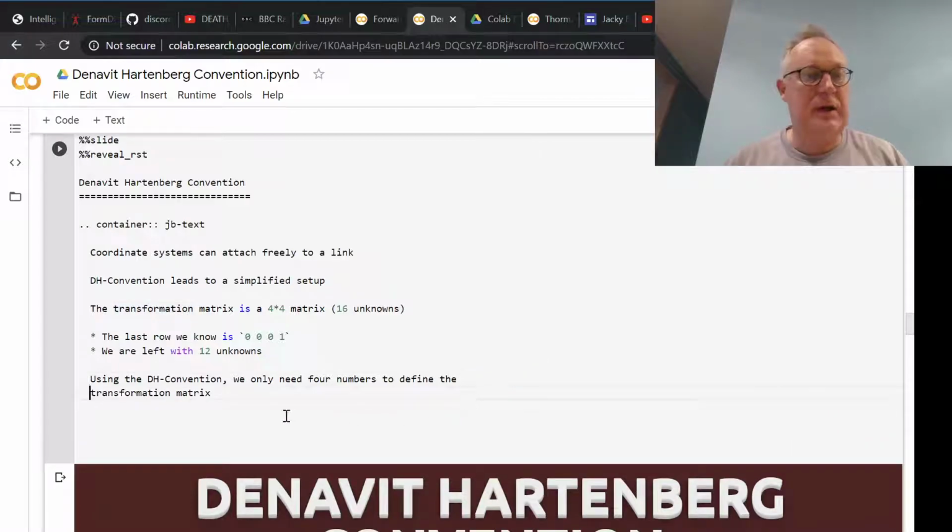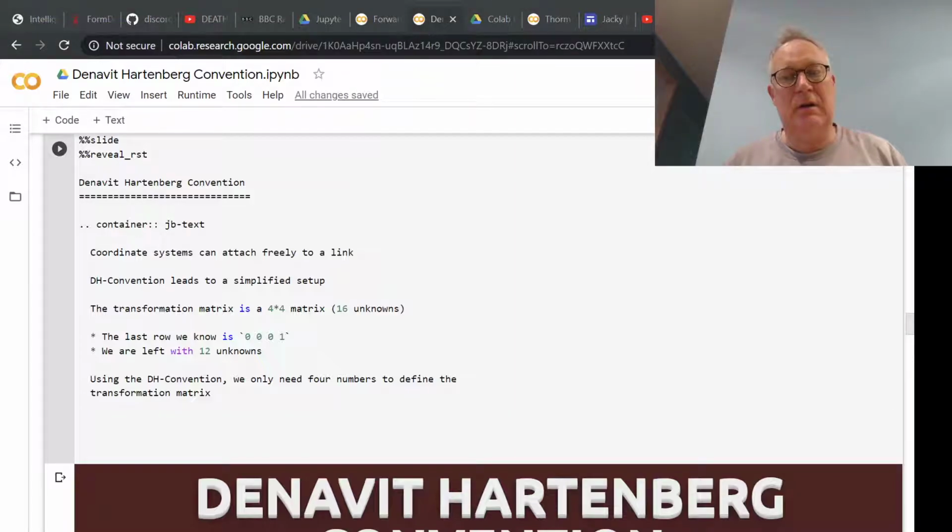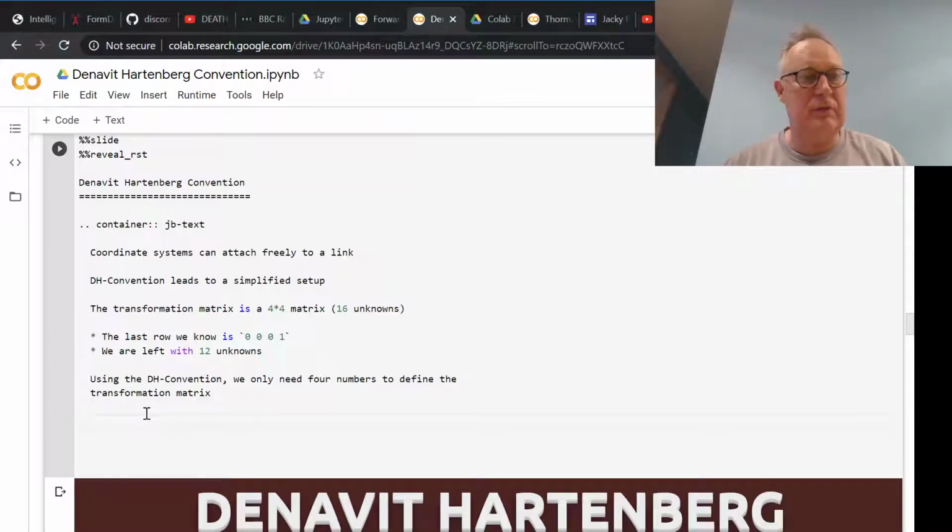Instead of 12, I only need to find 4 numbers. And it's pretty clever in the way that it defines that. So the first thing to realize is that the rotation matrix